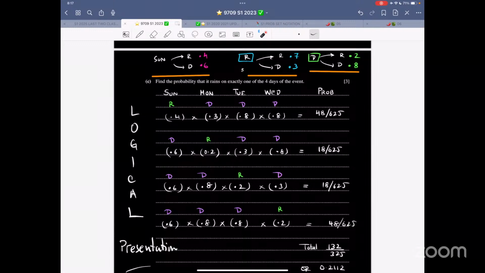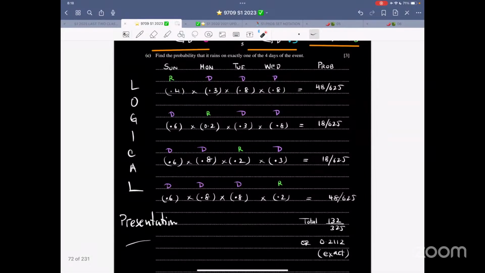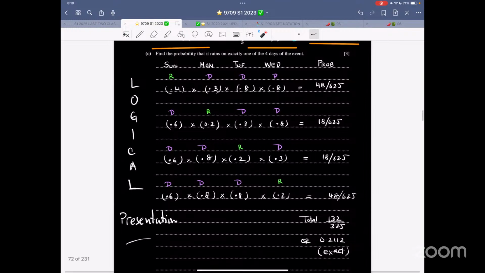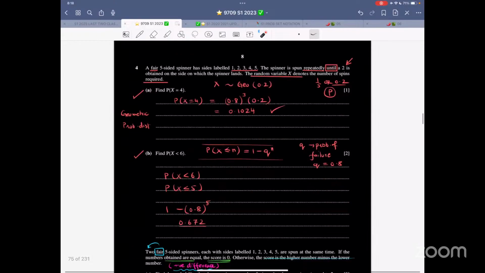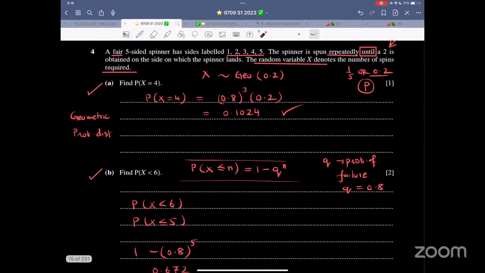Just let me focus. That is all the thing that you need to take care of. After Monday dry, there is dry, so that is 0.8 and then 0.8. After rainy, it's dry, that is 0.3. It's very obvious. That's how you work it out. You can leave the answer in fractions or in decimals. This was exact, so I left the answer as an exact decimal. Got it? Now, question 3, that was done yesterday. Question 4, yes, we have to do it.